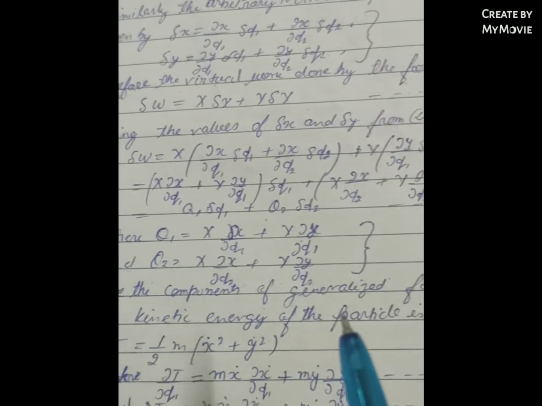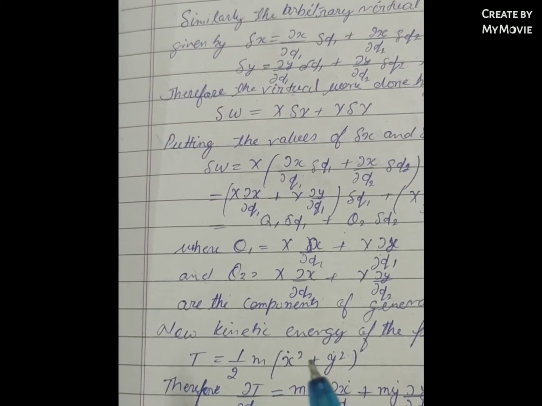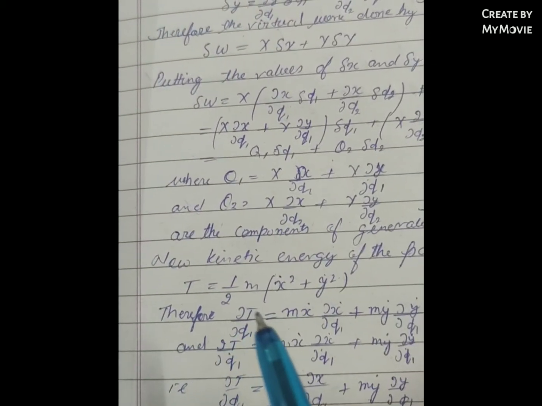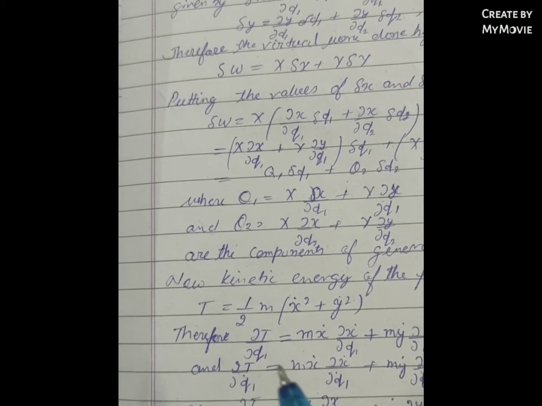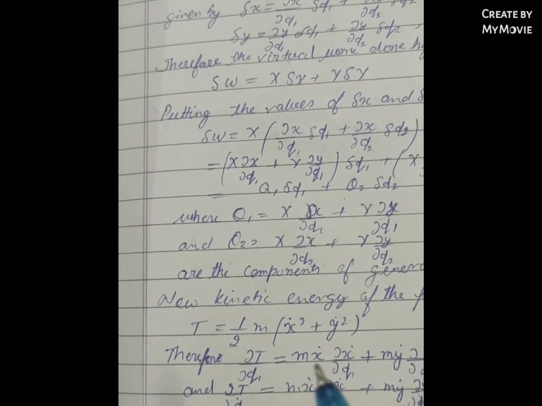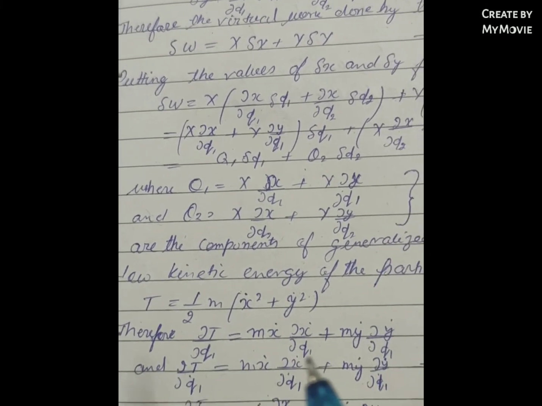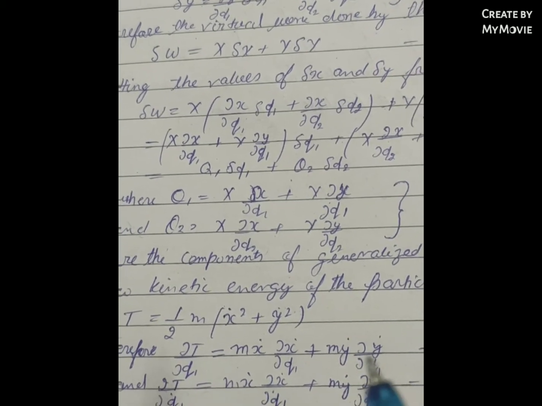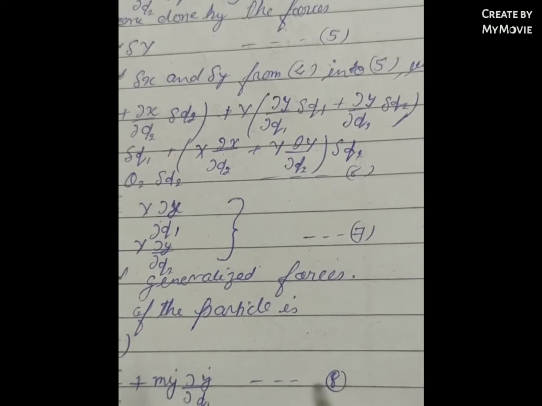The kinetic energy of the particle is given by T is equal to half m bracket starts x dot square plus y dot square bracket close. Now therefore del T upon del q1 dot is equal to m x dot into del x dot upon del q1 dot plus m y dot into del y dot upon del q1 dot, which is equation 8,